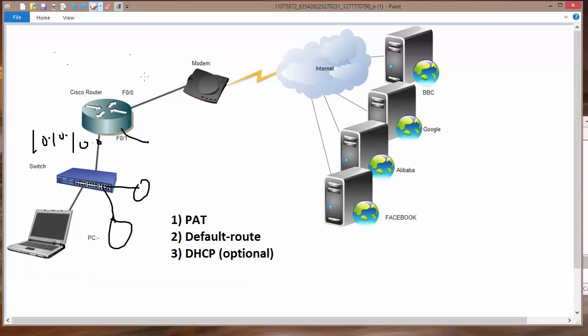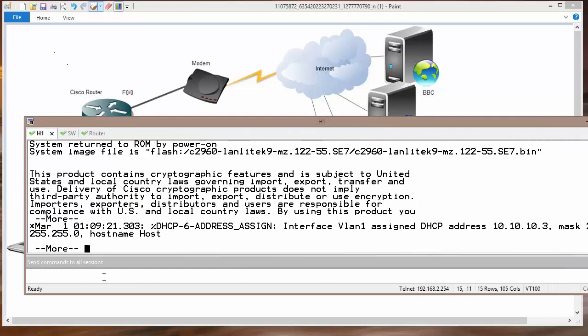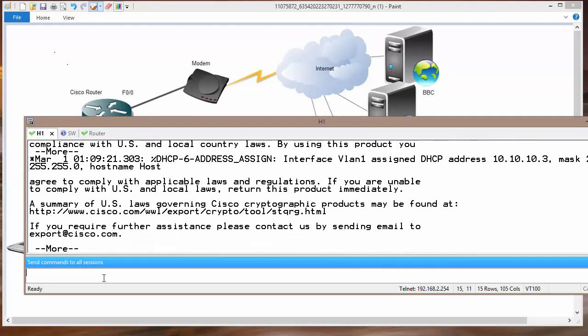One more thing which I would like to do on the Cisco switch. So this is a Cisco switch, and this is also a Cisco switch. I want to get an IP address directly from the router.